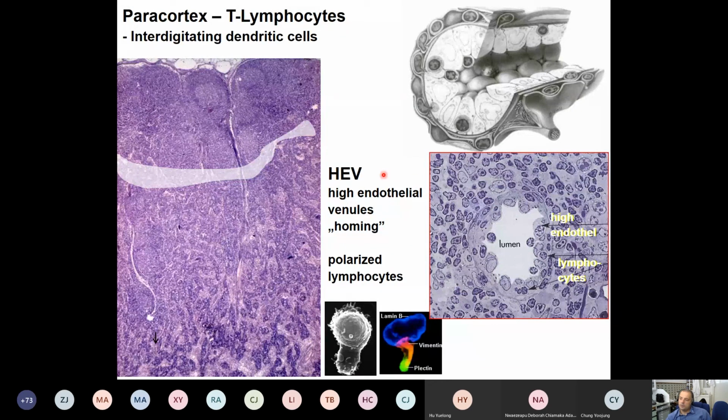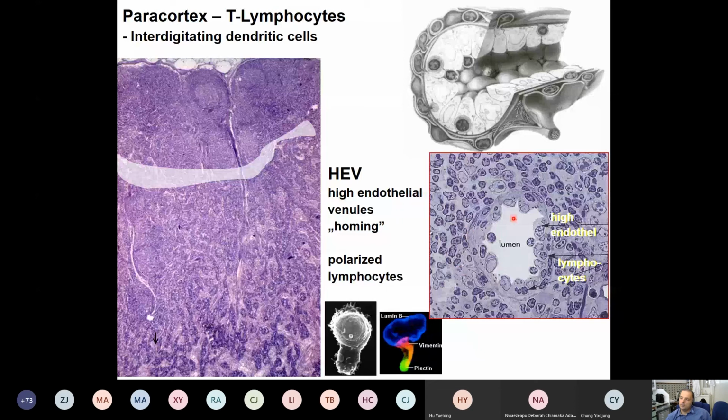They are small veins, venules, but they have a surprisingly thick endothelial lining. On top of this endothelial lining, certain proteins are expressed, the selectins, and the lymphocytes going through the bloodstream can easily dock to these proteins on the surface, and they can start to migrate through the endothelial lining. So the high endothelial venules are the places where the lymphocytes can pass through the